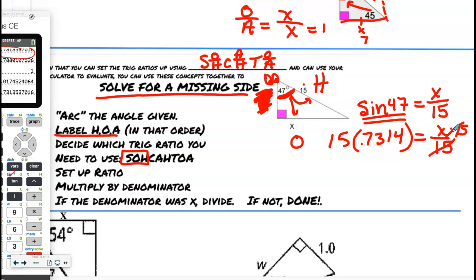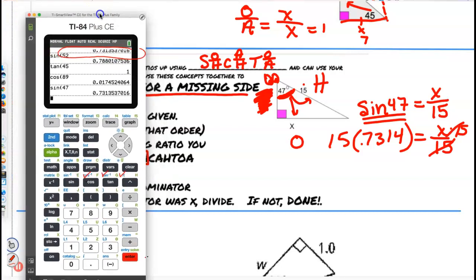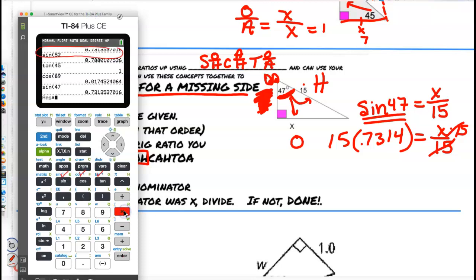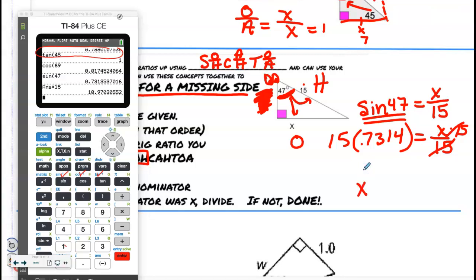They will cancel. So I'm going to multiply by 15, but it's already on there. So I can just go times 15. 15, enter. And I get 10.97. So x is about 10.97. Now really,